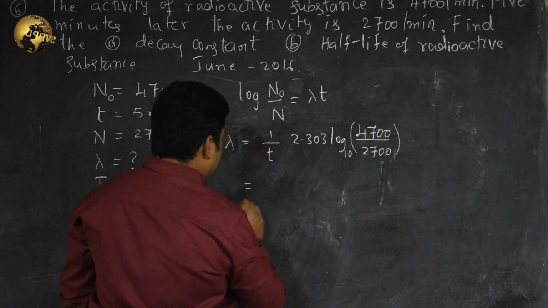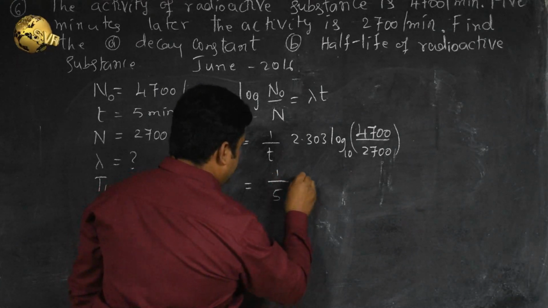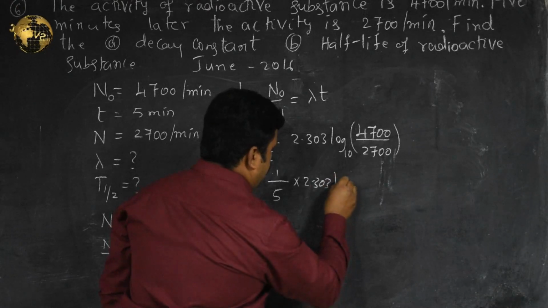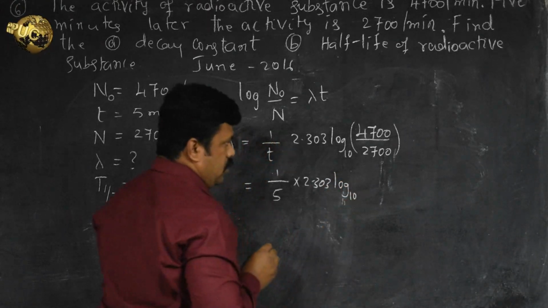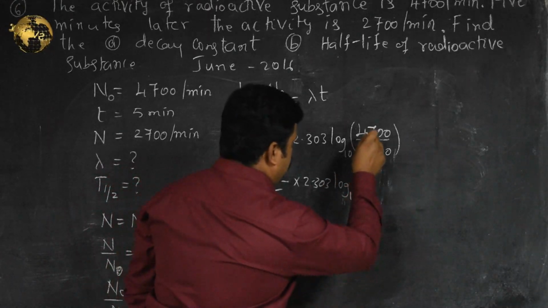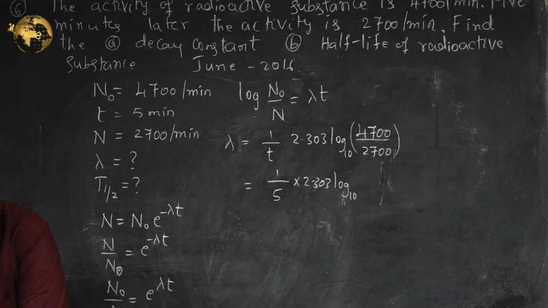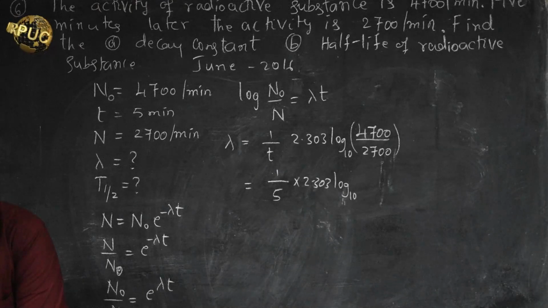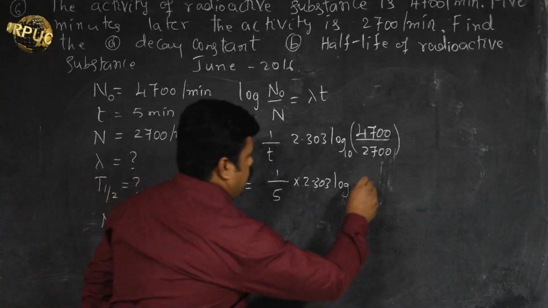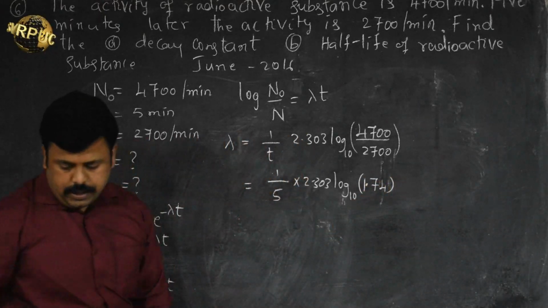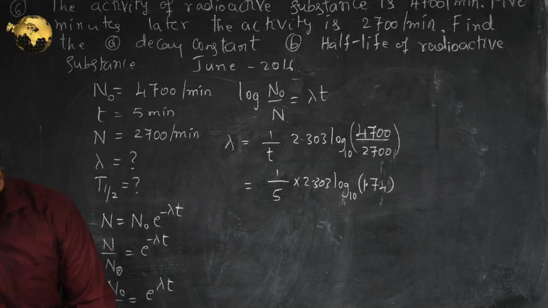So this is 1 by 5 into 2.303 log 10 of 4700 divided by 2700, which becomes 1.74. Taking log of this answer,